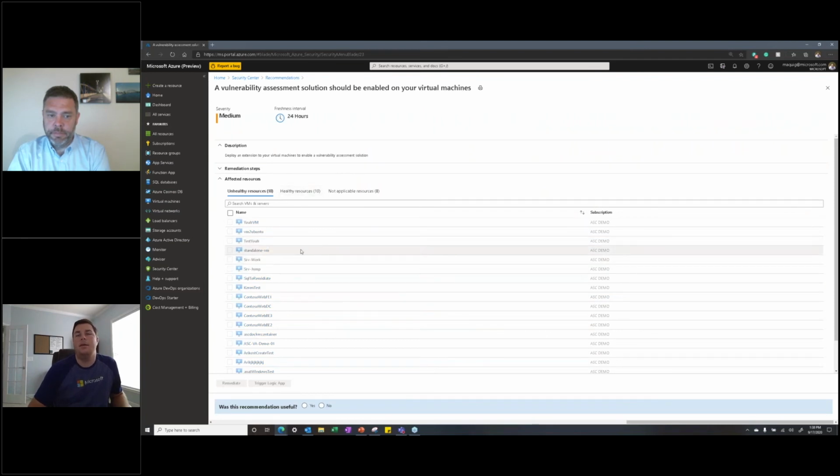You come in here, and this is not my subscription, it's a subscription that's shared within Azure Specialist, so I don't have the access to be able to go in here and actually remediate, but this is what you would do. This Ubuntu server right here is giving us some trouble. I would check that, and I would go to remediate, or I could trigger a logic app that would then trigger an action within Azure. Let's say we need to add the vulnerability assessment solution, right? We can trigger a logic app to do that without us having to get into all the nitty gritty.